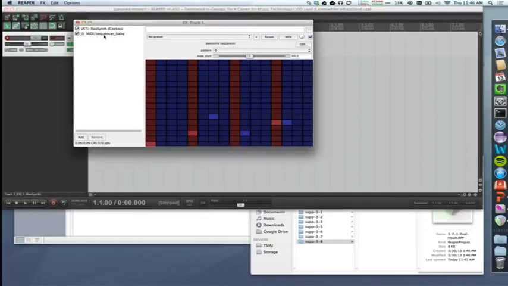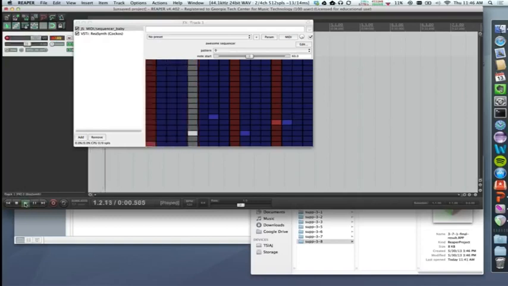I have to do one thing first, of course, which is to respect the order of effects in the chain, because this is essentially a MIDI effect. It's not taking any input from my track, but it's sending MIDI output. So it needs to come before my virtual instrument. So the sequencer comes first, and then any MIDI effects I might have, then my virtual instrument, and then any audio effects I might have. So now if I go ahead and play this,